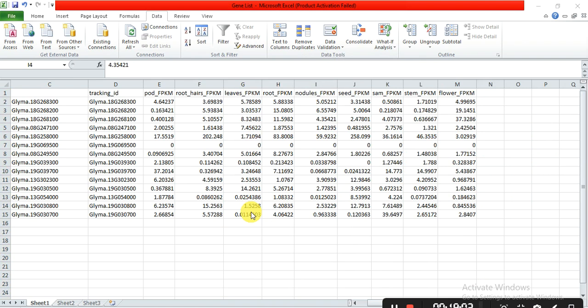So we have removed all other columns and only kept the columns that have the FPKM values. These are the different parts or tissues of the soybean: pod, root, leaves, root hair, nodule, seed, stem, and flower. As we know, in soybean the flavonoids are higher in roots, seeds, and flowers. So we can check which gene has the highest expression in root, seed, and flower,